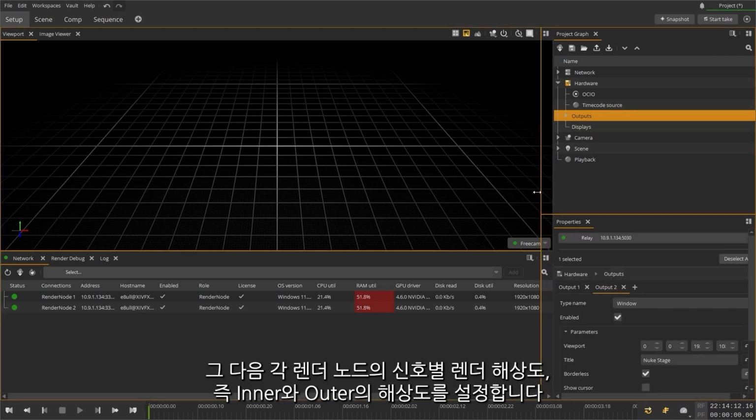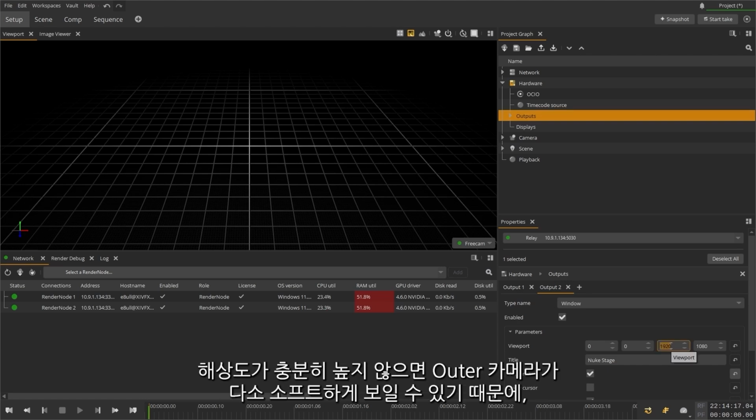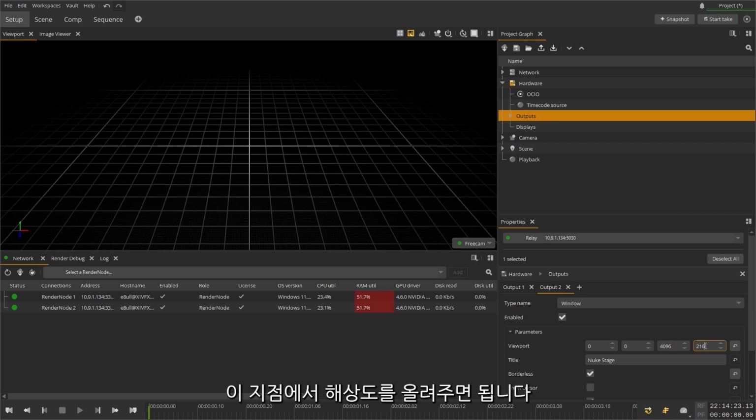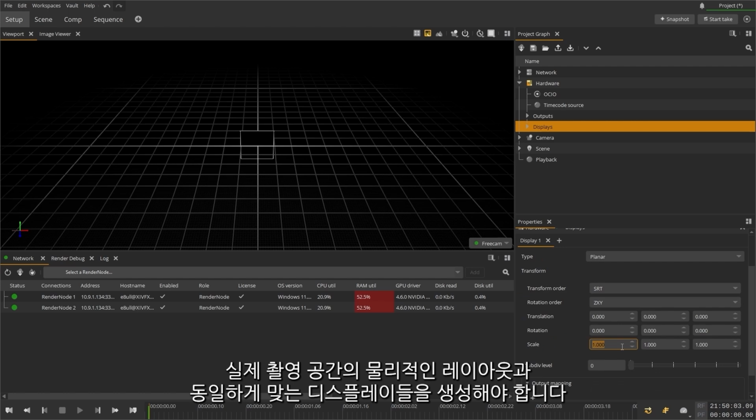We'll set the render resolution of each signal of the render nodes, the inner and the outer. You may find your outer camera can look soft if the resolution is not high enough, so this is where you'll increase that resolution. Then we need to create our displays, which need to match the same physical layout and